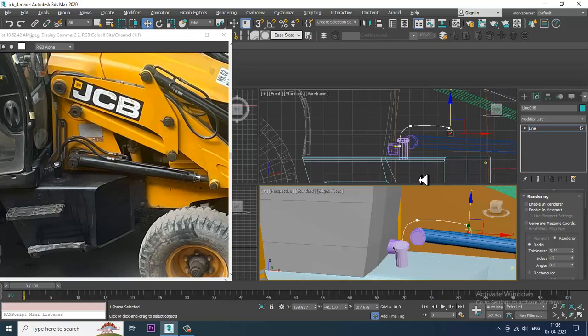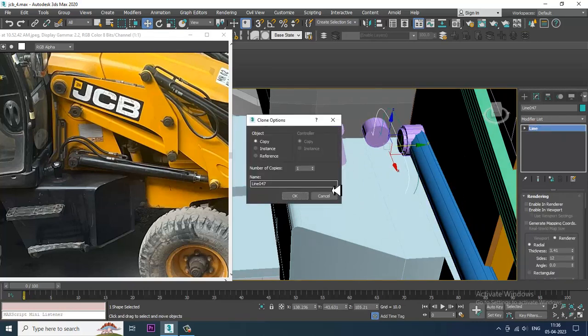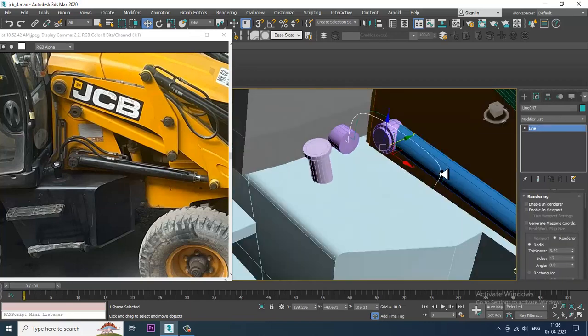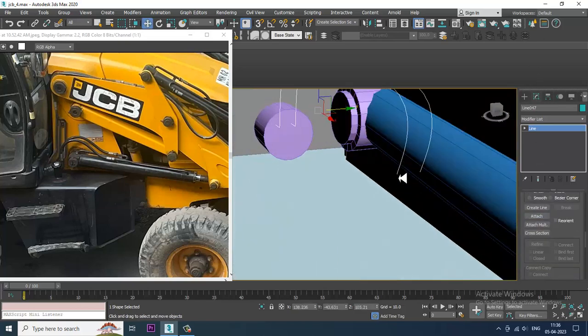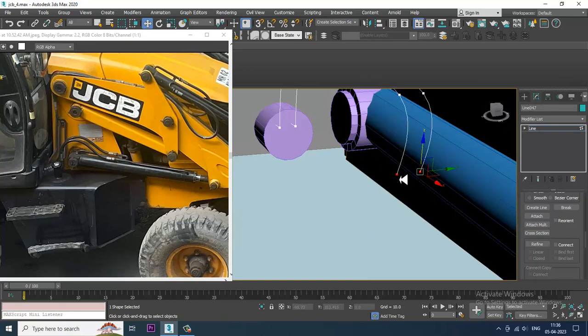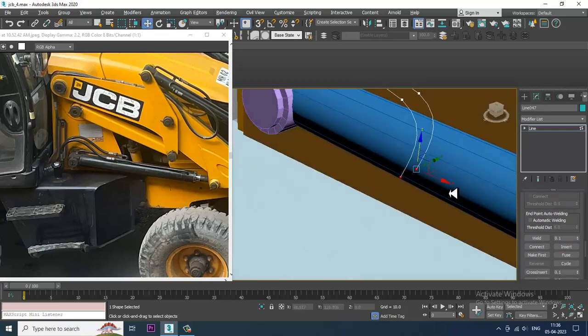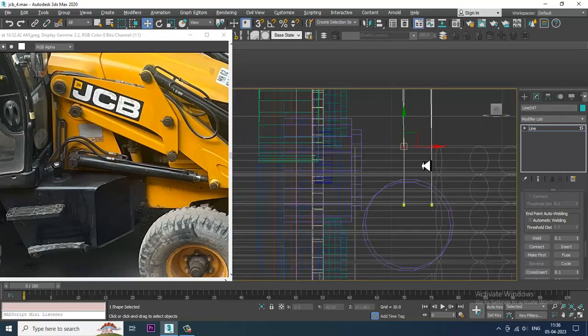So what I can do over here is, I can again take one more copy of it in this way, and I can attach it with this. So select this both, right click, and you can put one connect, and even if you try to insert it, let's see if it inserts in the right direction. No, it's not going to insert in the right direction. So we need to go into this front view,